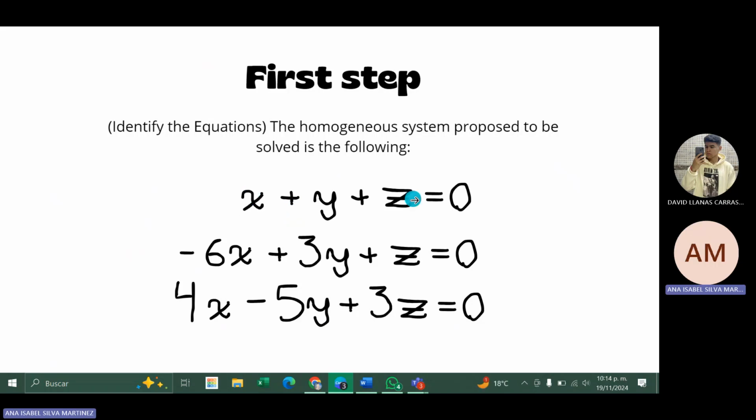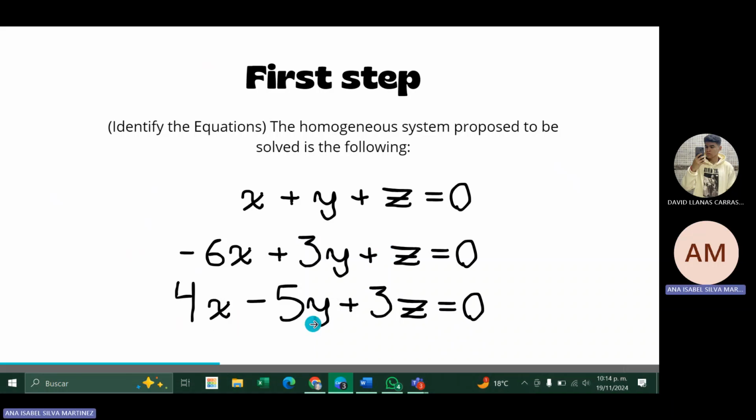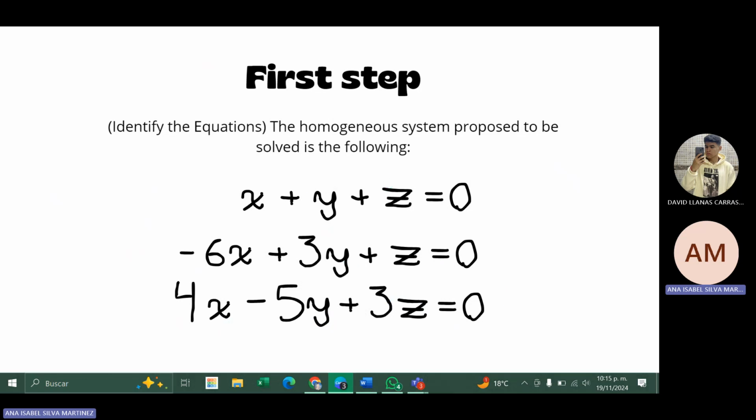0 plus 0 plus 0 is equal to 0, minus 6 times 0 plus 3 times 0 plus 0 is equal to 0. And it's the same for the last equation. Well, with this, we can conclude that our result is